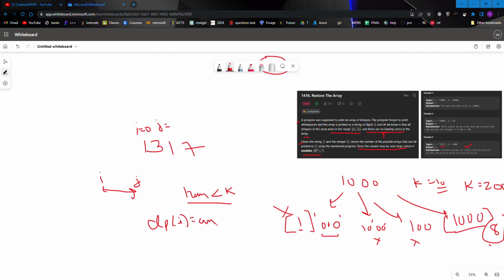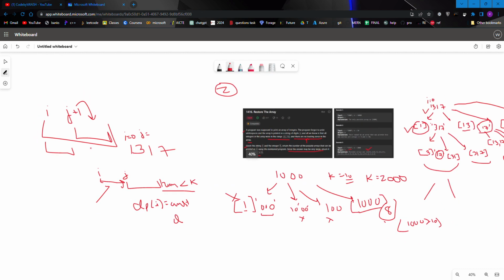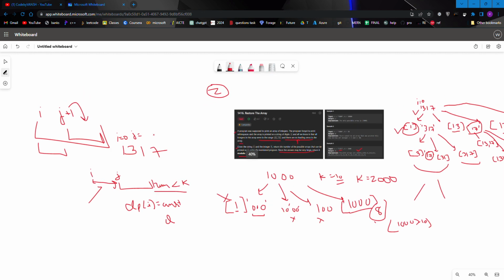We will make a temporary variable answer as dp, and then whatever will be the answer after the string. Like if this is my whole string, this is i and this is j, I will find out the answer for this, right? And the next answer we will get from j plus 1 and all the strings. So this is the approach we are going to follow.